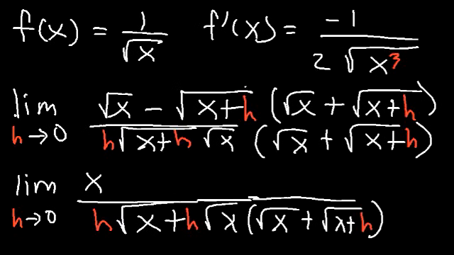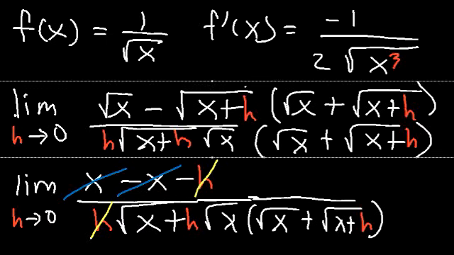I just realized I said plus h, but it's negative x minus h. We need to distribute the negative sign. So now x minus x will cancel. And so we're going to have negative h divided by what's on the bottom. After we cancel the x's, we can now cancel h as well. So the expression that we now have